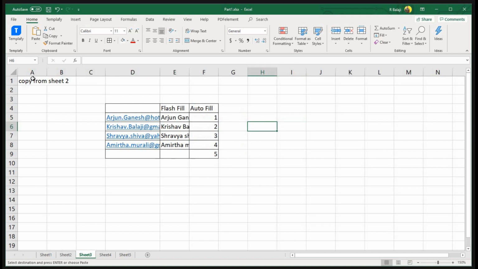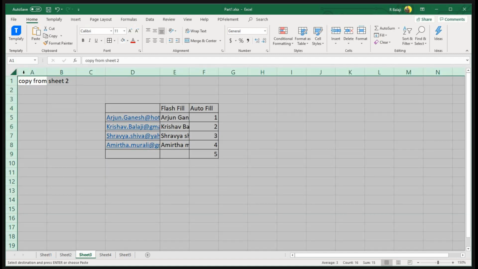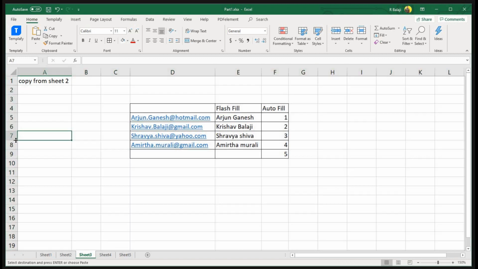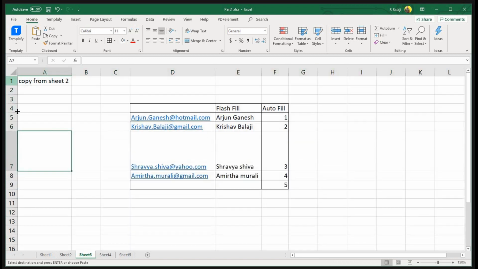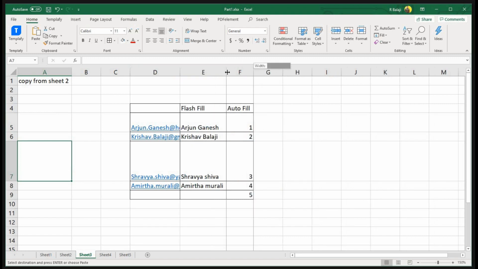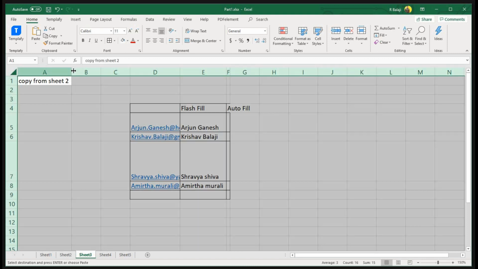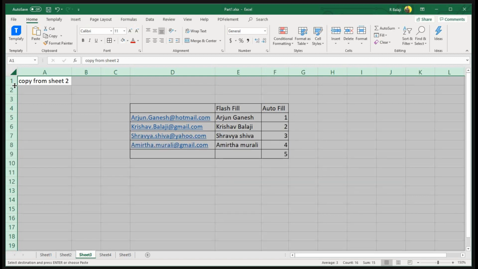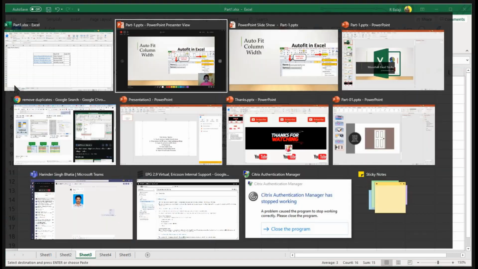Instead of that, what we can do is select all by clicking this area and double click. It will autofit every row and column. For example, if my column is lengthier, this is one column and this is one column, and the row is like this, right? If I select here and double click, columns will get fitted. Now it's time for rows. So you will get it all in a proper shape. Okay, this is the third trick.